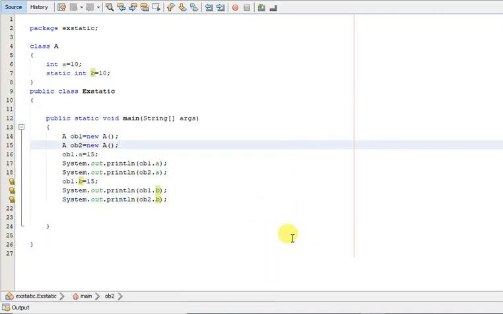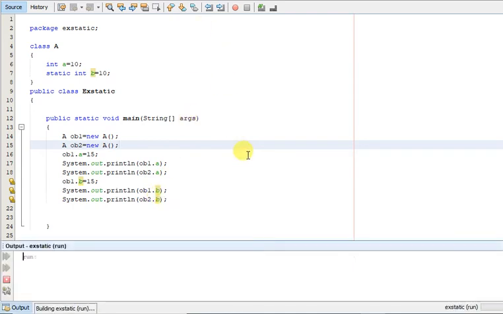Okay, now what should be the output? You see, when we make changes in an instance variable, it is not reflected in the other instance. But this should print the same value. This b is the static variable, so both the objects should print the same value since it is the common variable.